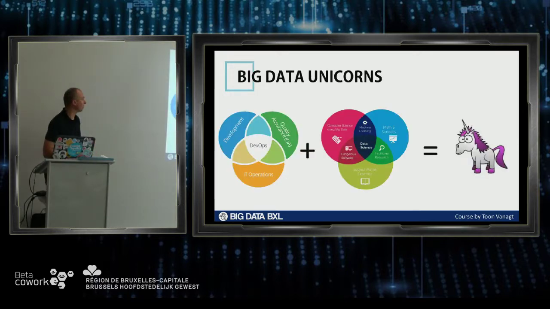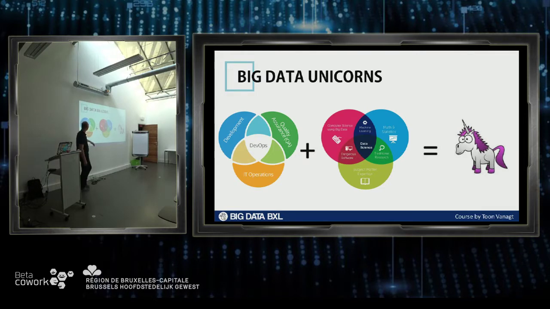Another reason: the big data unicorns. You add this Venn diagram to that one and you get a big data unicorn. You all know what unicorns stand for? That's the valuation of a startup at $1 billion, then they become a unicorn. It's a combination of having the technical capabilities of development, of quality assurance, where you measure how we are doing in each step of our technology stack, of running the IT operations, all the virtual machines and all the nodes and all the compute power and all the storage, and that's called DevOps.